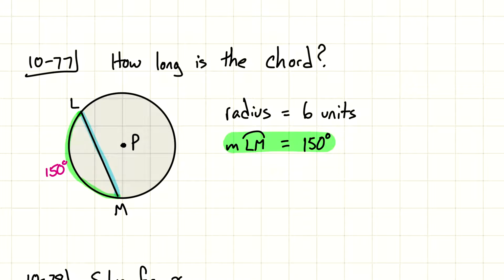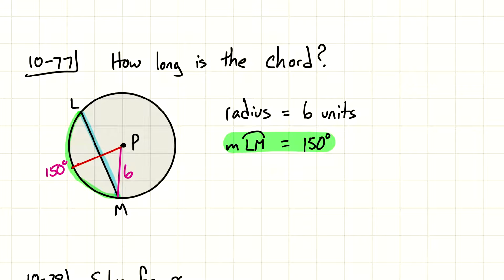So I know this is 150. And I know there's a radius. So I'm just going to draw in a radius for us. So this is 6 units. I want to know what the measurement of LM is. How would we figure that out? Well, the nice part is if I actually draw, if I cut this in half, right? If I cut this in half,